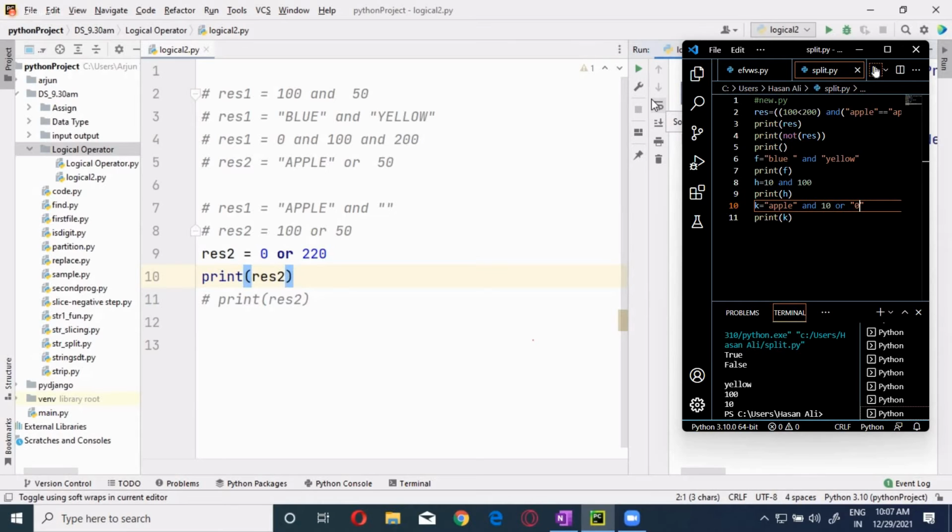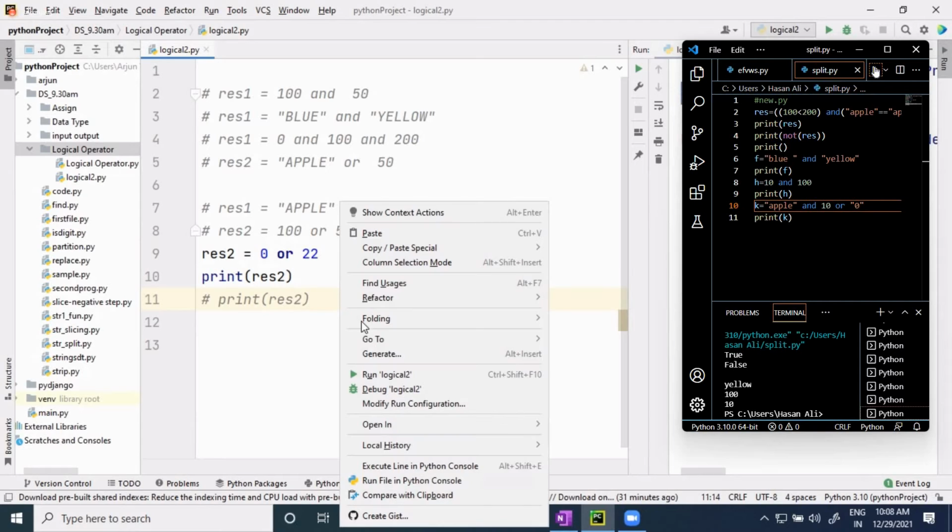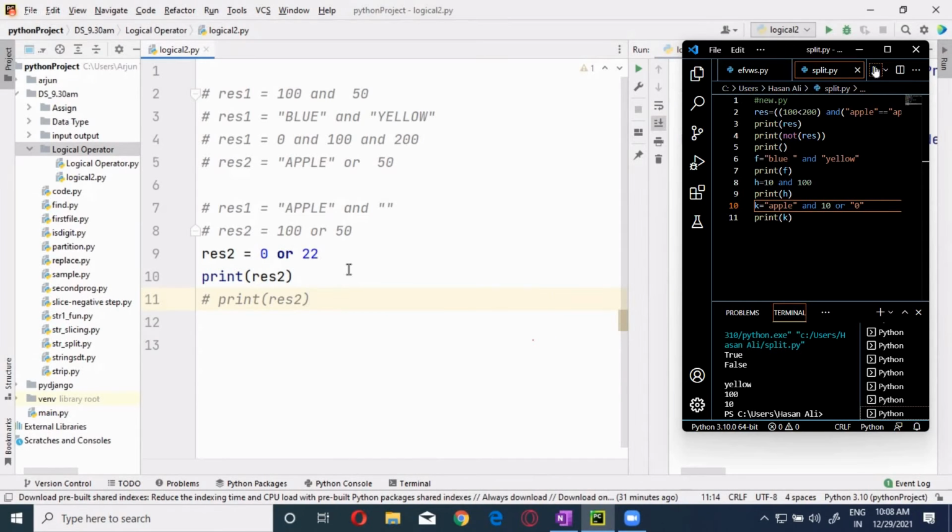Whenever you are using an OR operator, the non-zero value you are going to get. Always you are going to get a non-zero value. What is the non-zero value over here? 220. Okay. Non-zero value. Now, 22 only. Okay. Now, if I am using something like this,